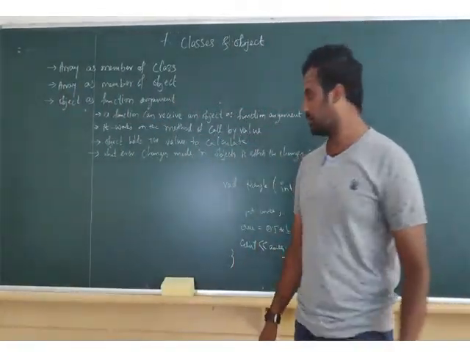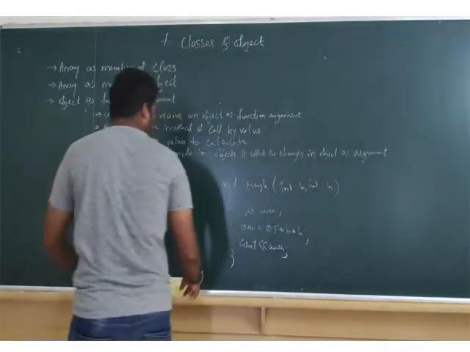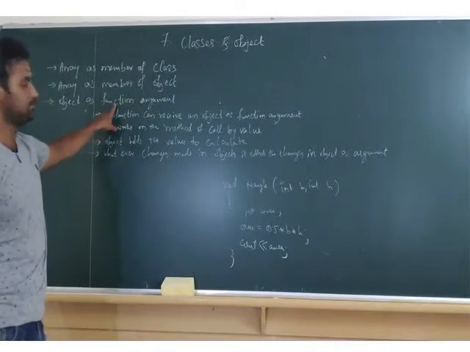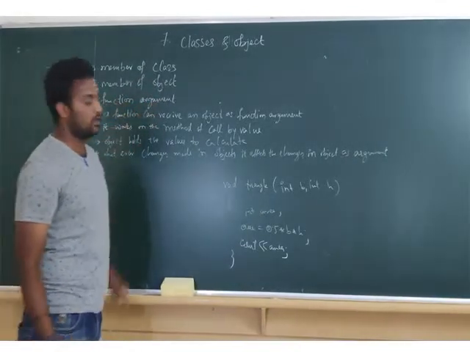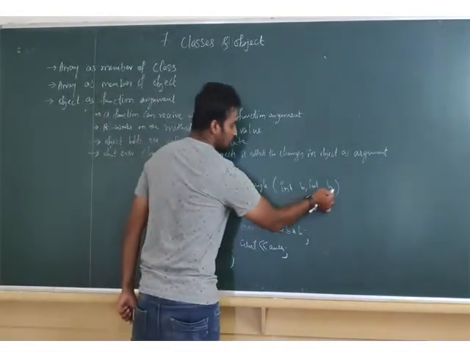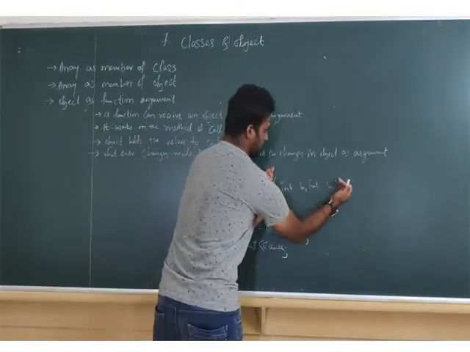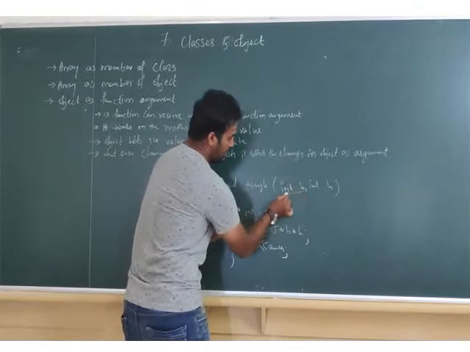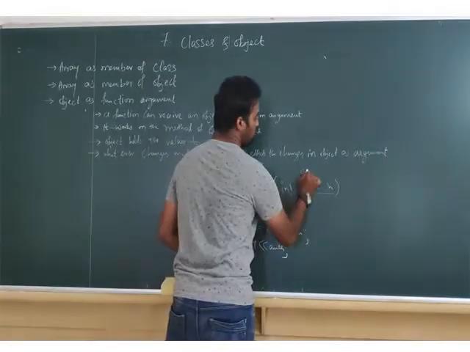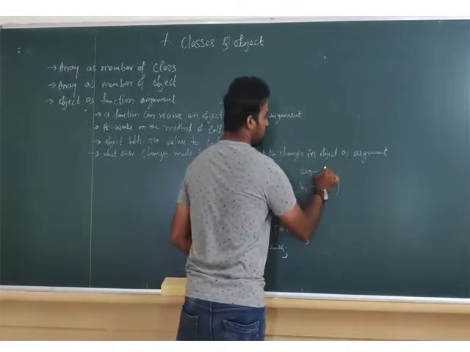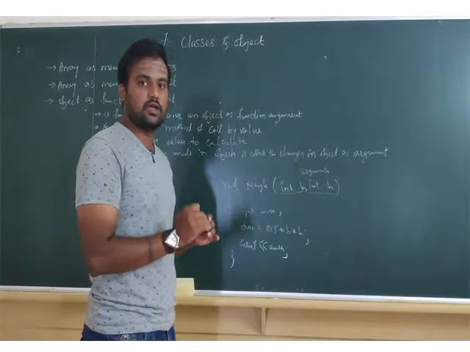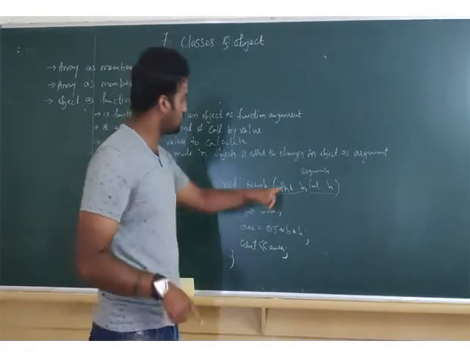Function means what? Already I have told you, it is the logic of a program. Okay? That is the meaning of function. Argument means what? Whenever we are writing the logic of any program, we use these brackets. In these brackets, we declare variables. These variables are called arguments. Argument means the variables on which you are working to solve a problem.